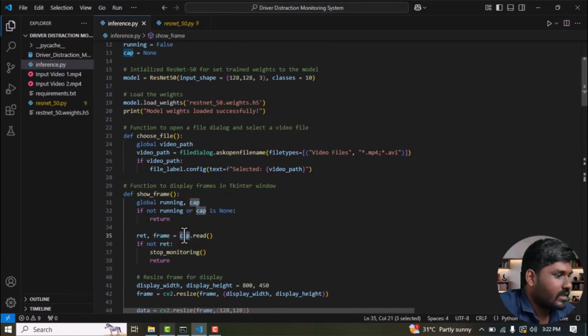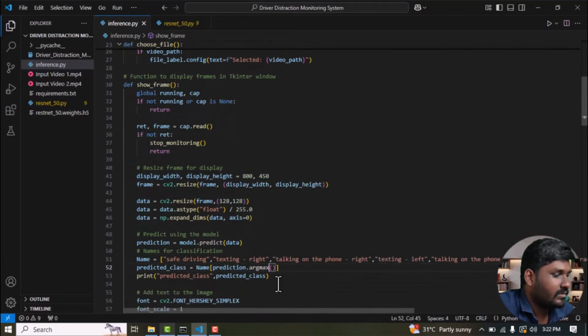Cap is a function which is used to access a frame from the video. Then frames will be stored. The frame variable, ret, is either true or false. If the frame is available, then it is true. If the frame is not available, then false, and then stop the execution. Then define the width and height, which is used to display a frame in the Tkinter window